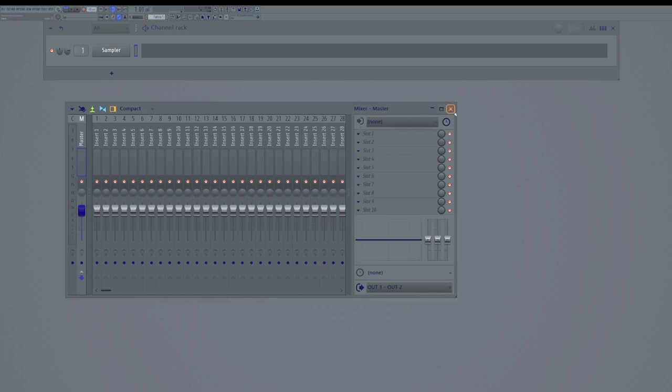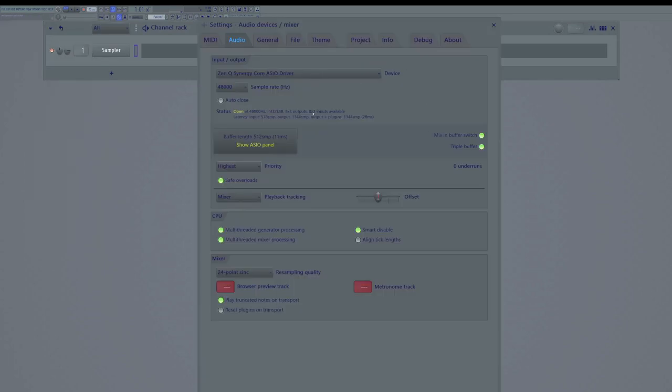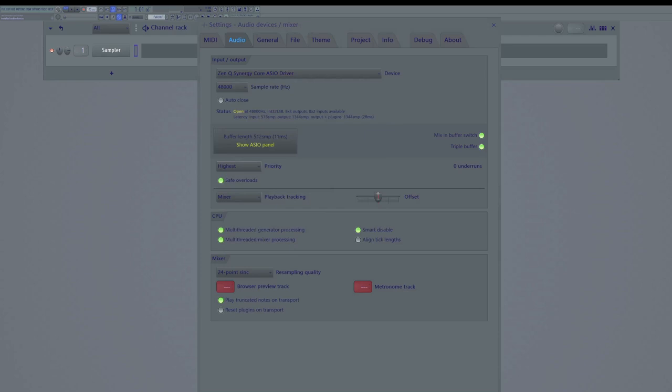I don't know if it's going to take over my audio, but under audio settings. So obviously this is different for different software applications. I can't really speak to every audio application. But basically, for your ASIO, you want to use whatever your interface is, whatever the best ASIO driver is for that system. So if I'm using my ZenQ, I'll use the actual ZenQ Synergy system. And then under the